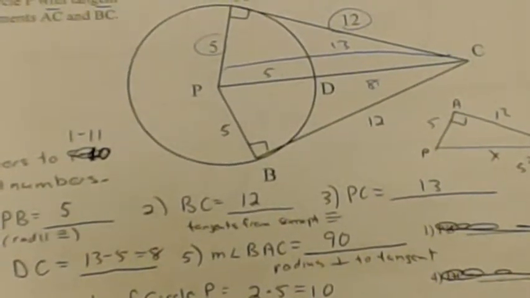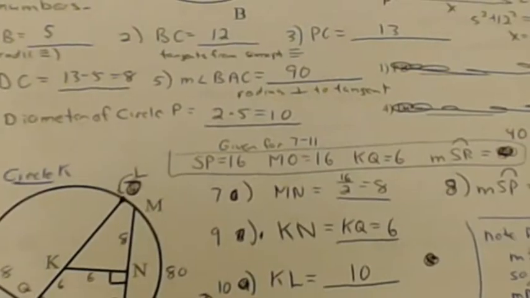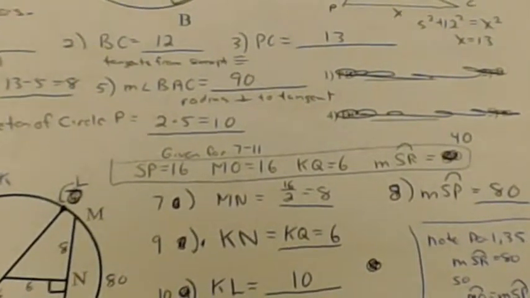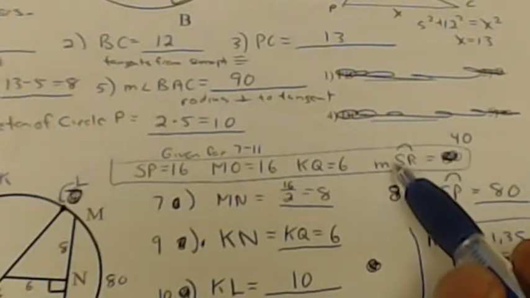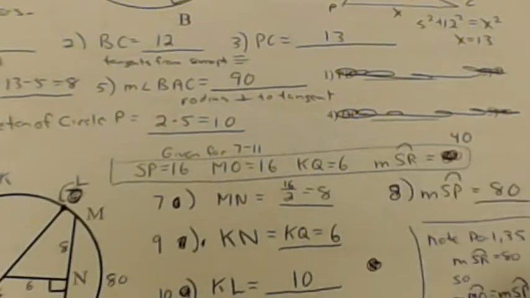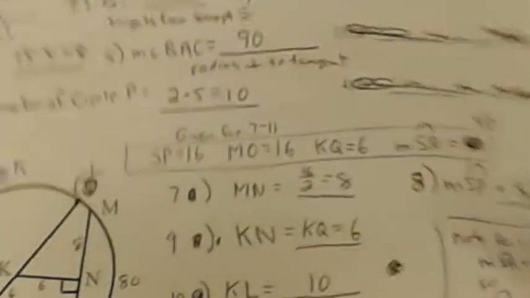Okay, so a lot of given information on the problem at the bottom of the page here. We point out one thing, and then we'll note it again in just a second. In period 6, we changed the measure of arc SR to 40. In earlier periods, that was 80, so I'll discuss the answer both ways. Okay, what we have here,